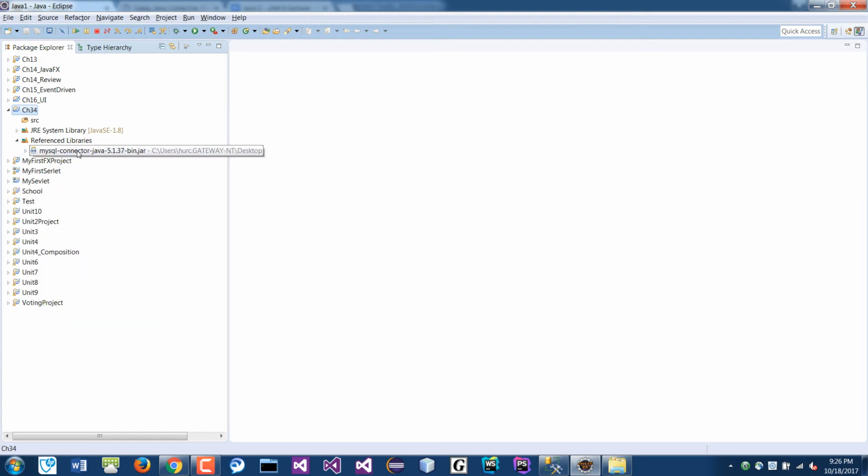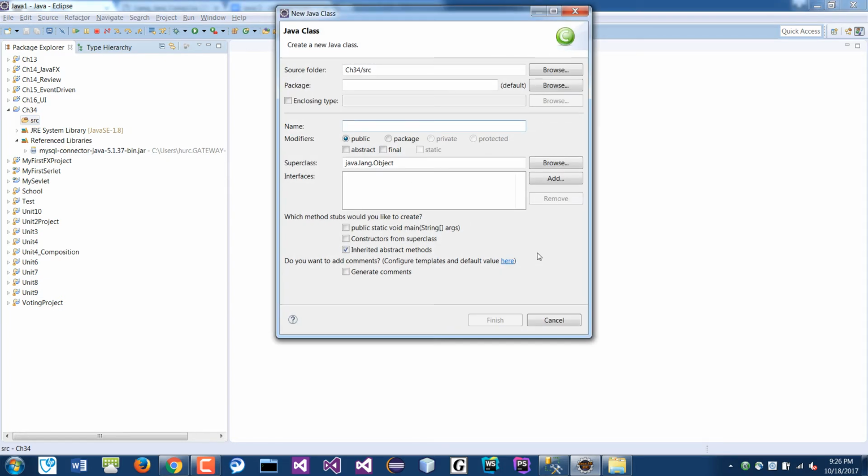Okay. So now you have this connector here, and now I can go ahead and do my code to connect to the server. So let's create a new class. Let's call this the